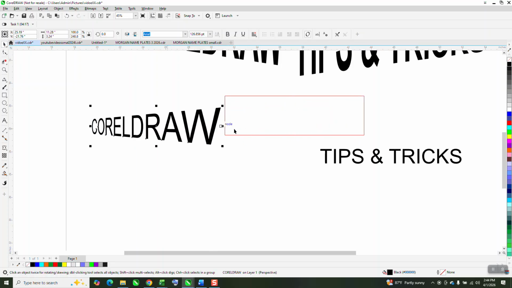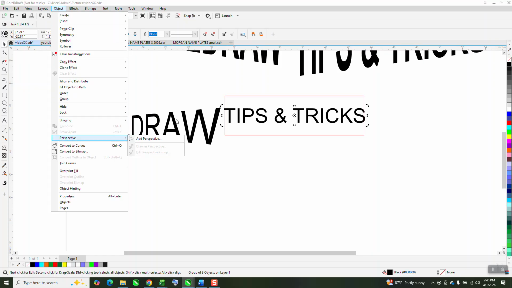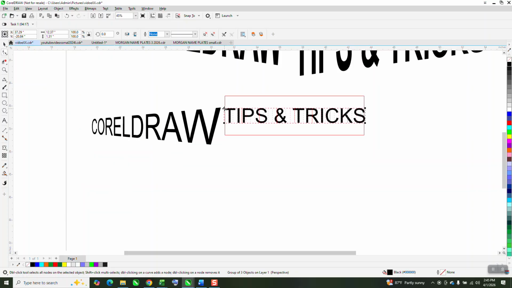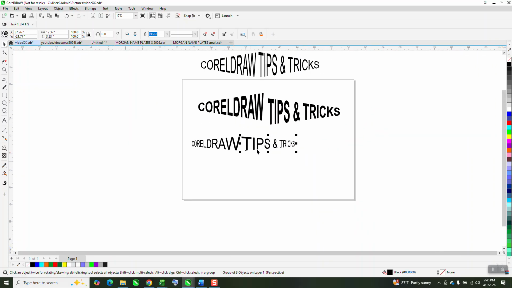We could move that out of the way, put our tips and tricks in the middle, get it. Now this, we need to do the opposite end. So we're going to go to Object, Perspective. Always get confused because you've got to add perspective, and we're going to go up, holding down the Control button, and the Control button is going to limit your movement left and right. And then let's take away the rectangle, and you just kind of move that in there. So either way,